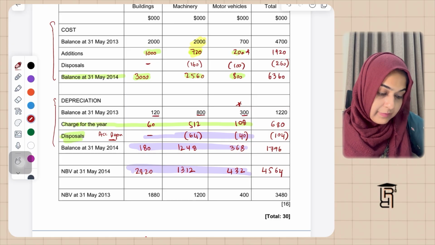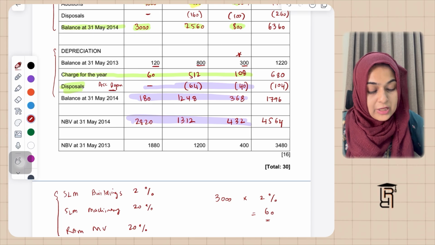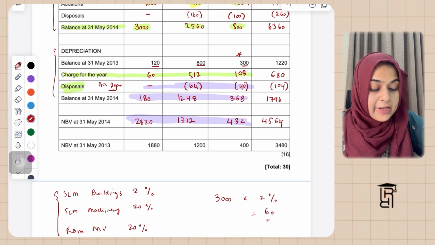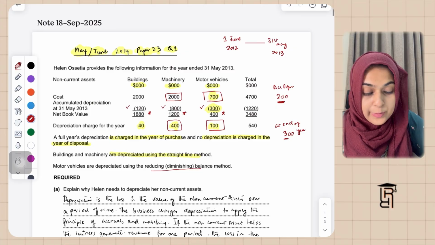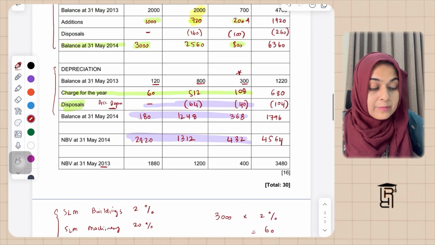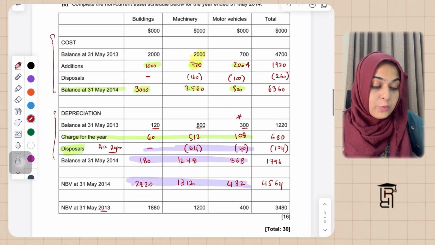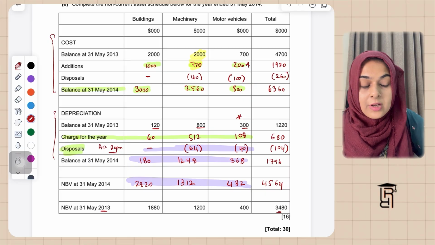फिर जब हम इस रो को भी ऐड करेंगे so 2820 plus 1312 plus 432 is going to give me 4564। yes, that is my net book value at 31st May 2014। और नेट बुक वैल्यू एट 31st May 2013 तो सवाल में दी हुई थी शुरू में, ठीक है, सवाल में दी हुई थी नेट बुक वैल्यू एट द स्टार्ट विच वाज 3480 टोटल, मतलब बिल्डिंग्स प्लस मशीनरी प्लस मोटर व्हीकल्स विच वाज 3480।